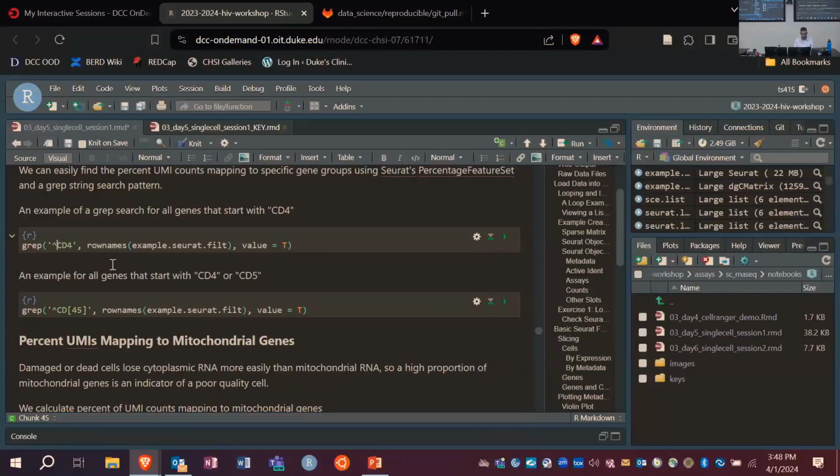So we're only going to look for this pattern CD4 at the start of a line. This would not return any genes that end, for example, in CD4 or contain CD4 in the middle. And then we pass it the strings that we're searching in as the second argument. And then there's an optional flag, value equals true. If you don't put this, it'll actually give you an integer, which is the index location where that pattern was found. I think it's much easier to actually return value equals